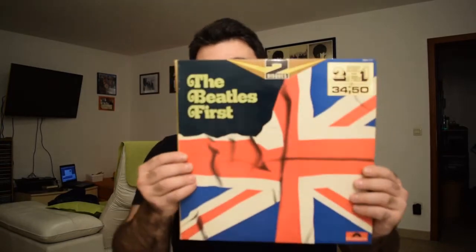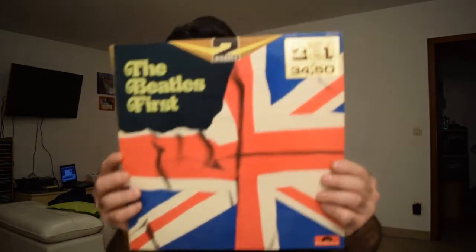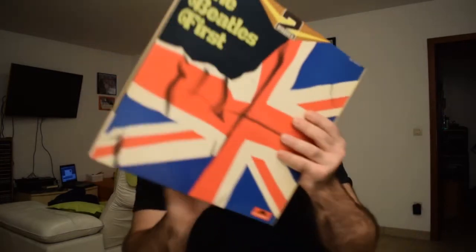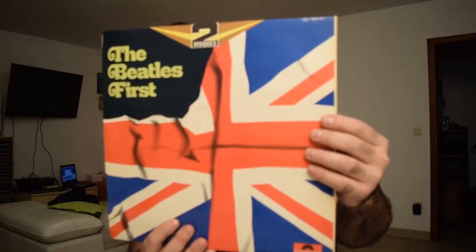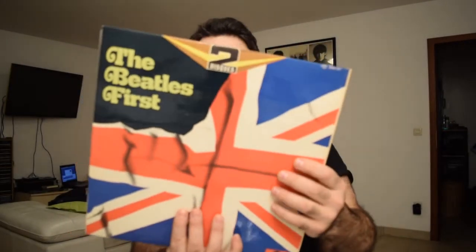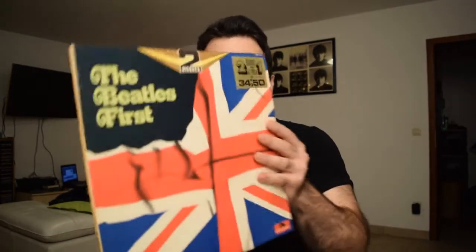beautiful. This album I found today in the record store. It's called The Beatles First. It's a French pressing on Polydor. It has just a British flag on it, and it has a sticker on it. It says 2 discs in 1, 34 francs 50, and it says here 2 discs. From the point of view of the songs and the music, it is exactly the same track listing,